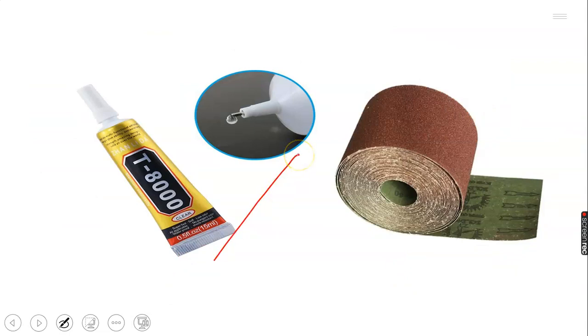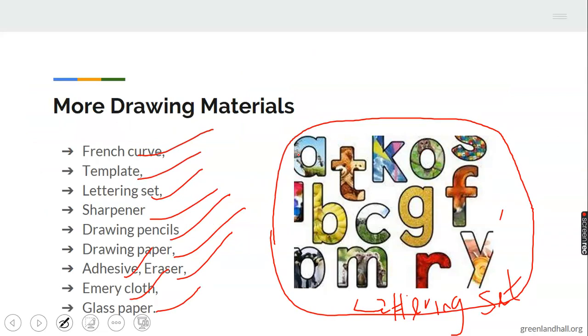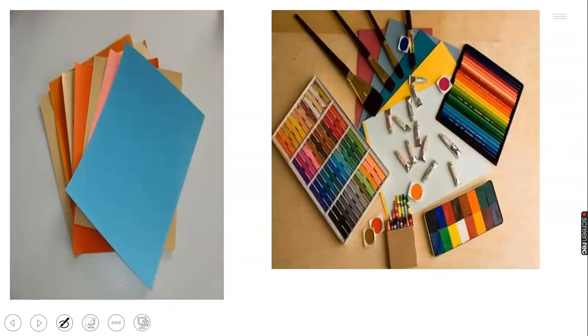These are adhesives. You can use them to gum whatever you need to gum, or if you want to paste something somewhere, that's adhesive. Okay. There we have glass paper. This glass paper here, and we have colors